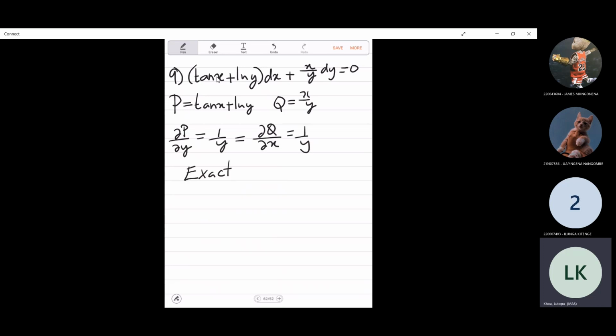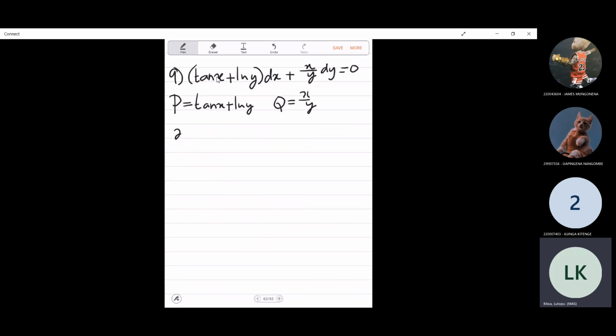But what I'm going to do is find my f by integrating Q with respect to y, which is the integral of x over y dy,